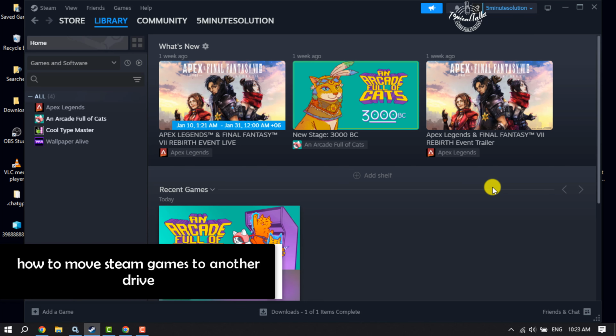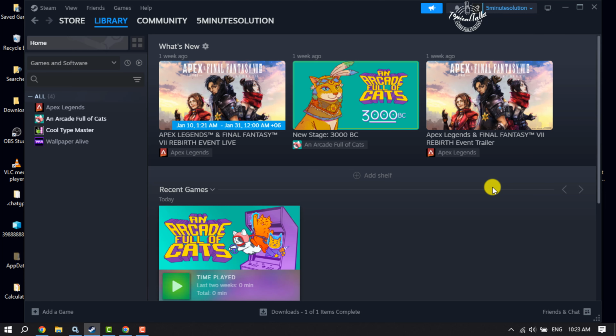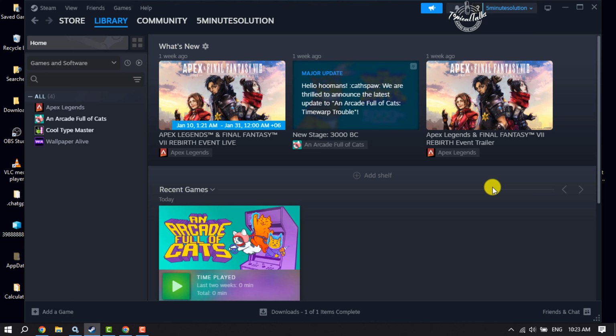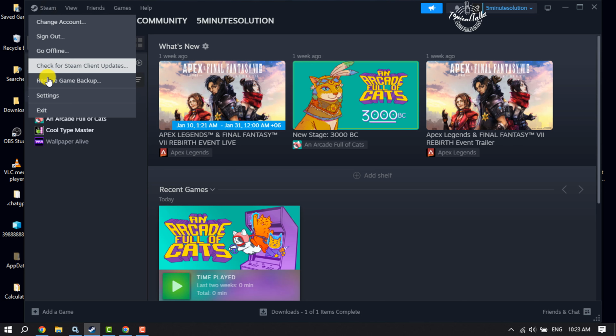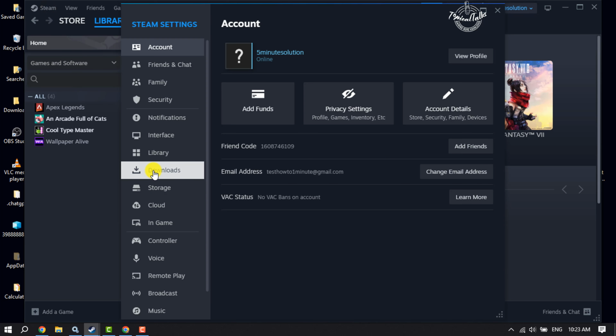This tutorial is going to show you how to move your Steam games to another drive. Follow these easy steps to easily transfer or move games to another drive. Go ahead and launch your Steam, and now click on Steam and click on Settings. Click on Storage,